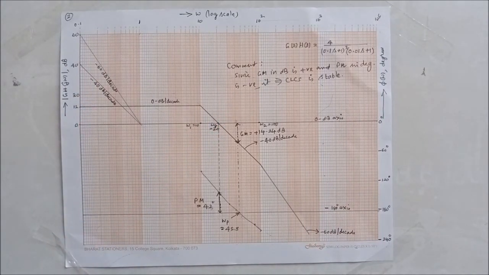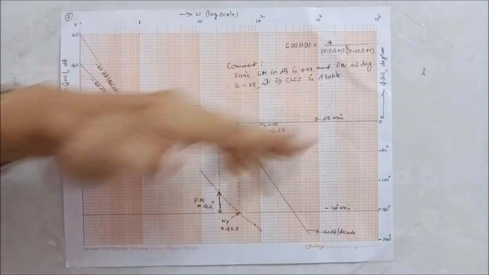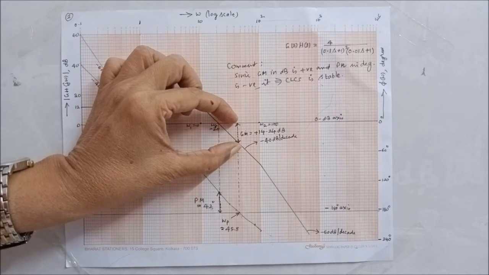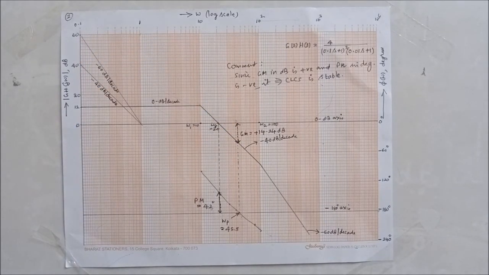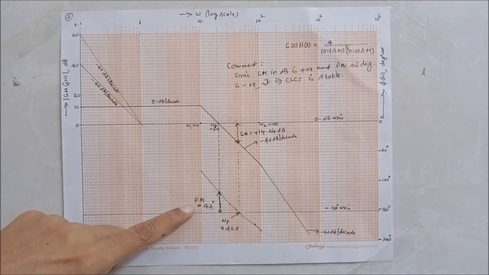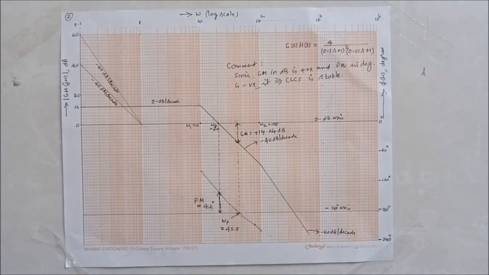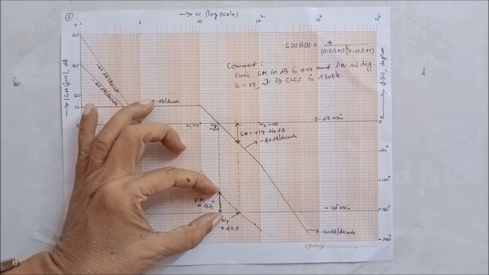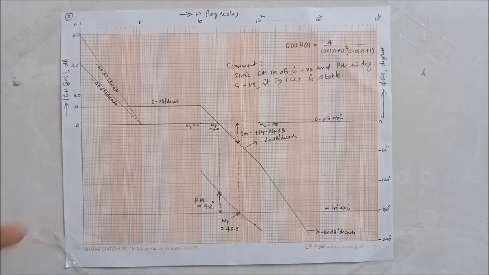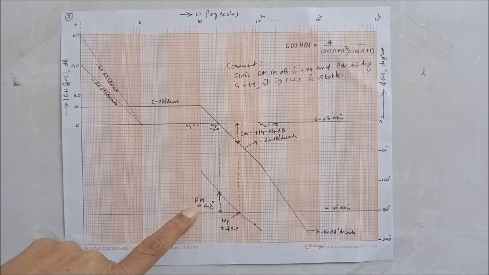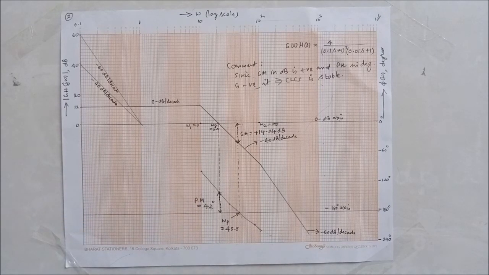Please remember, gain margin is always measured with respect to 0 dB axis. And to calculate gain margin, measure the number of divisions made by the intercept at omega p and multiply each division by 2. To measure phase margin, measure the intercept at omega g and multiply the intercept by 6 because each division represents 6 degrees. Since gain margin in dB and phase margin in degrees are positive, closed loop control system is said to be stable.